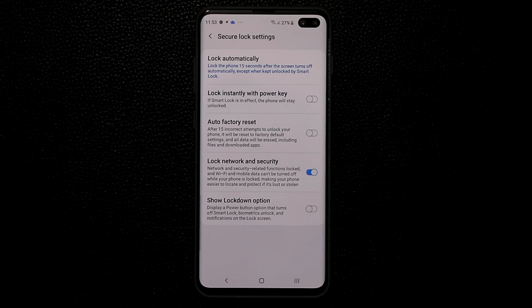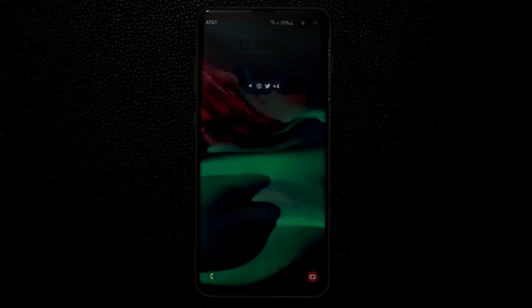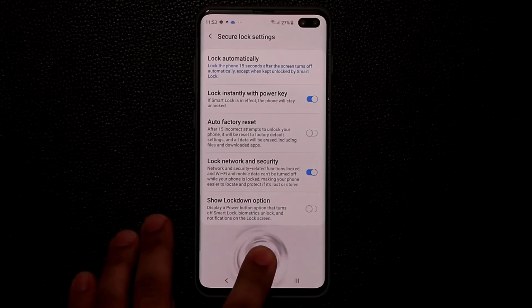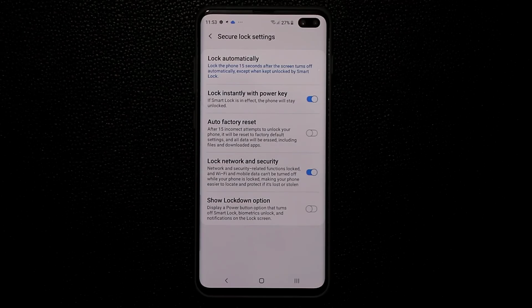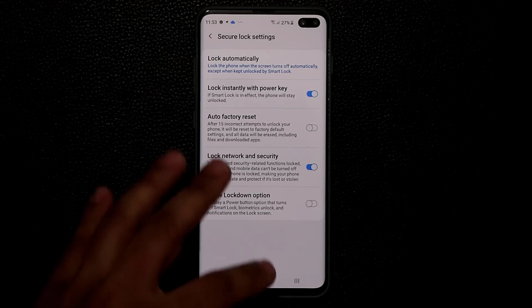So you want to make sure that you enable this option here, lock instantly with power key. Now when I lock my phone, and if I double tap it, it's going to go into the actual lock screen like it's supposed to, and then I can use my fingerprint to log right in. So make sure these two are properly enabled. This has to be immediately, and this has to be on. All right,